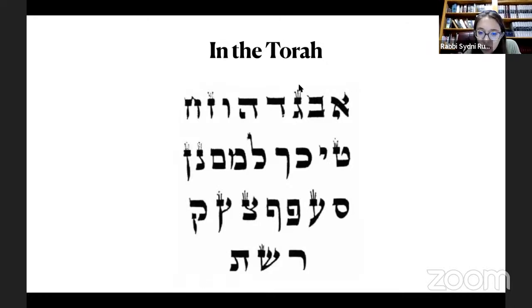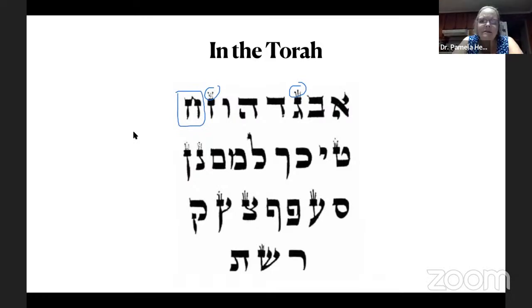Okay, now I am. You'll see that there are some crowns that will show up here. Right. And there are some letters that look very different. So can anyone guess what letter this is that I just circled? Is that a het? That is a chet, right? It looks really weird, but it is a chet. Okay, so some of the letters in the Torah font look a little bit different than they might look normally.